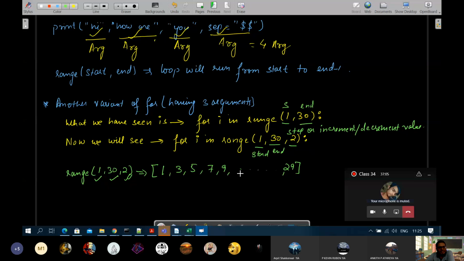Right. So did you get the concept of step? Yes, sir. The only difference is the range will now generate such a list which will be assigned one by one to the looping variable I. ठीक है, यहाँ पे अब रेंज ऐसा वैल्यू बनाएगा कि फर्स्ट टाइम 1 आएगा, सेकेंड टाइम 1 plus 2 that is 3, third time it will take 5. So list will be generated like this. And sir, instead of 2, we can write any other number also. Any other number, any integer. Okay, wait, I'm yet to discuss fully. Let me complete.